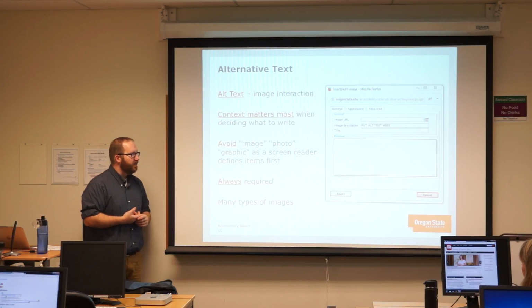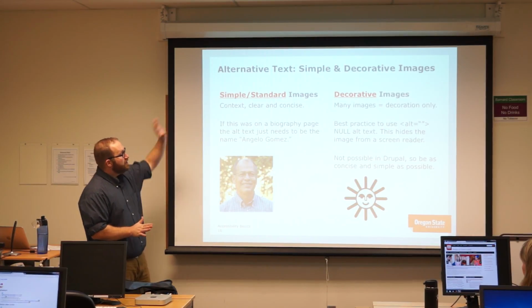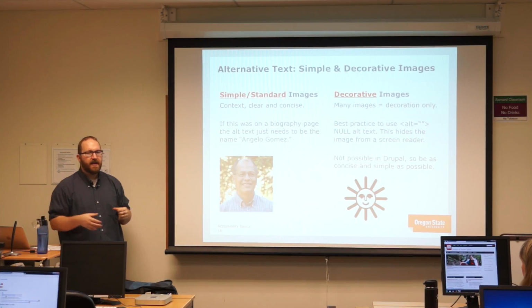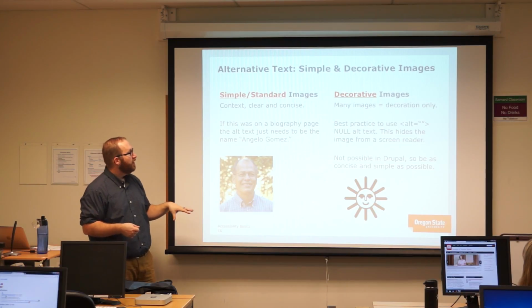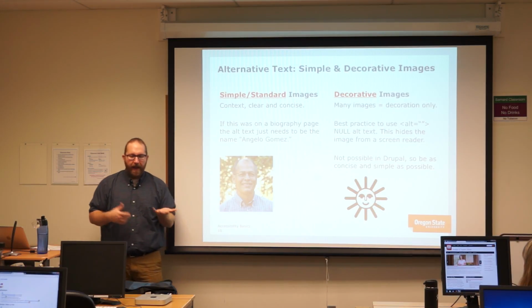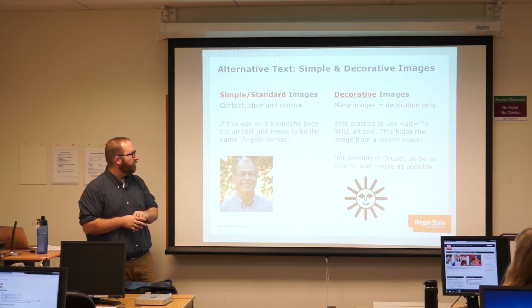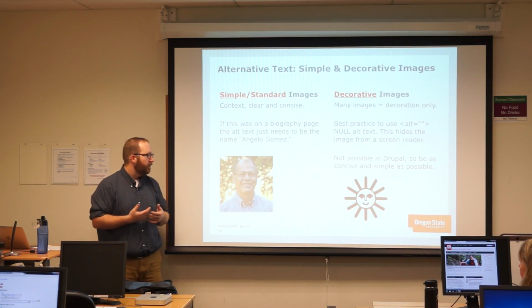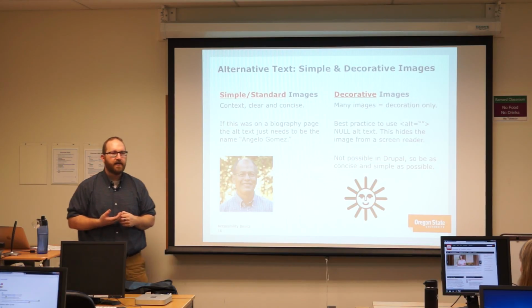I'm going to talk about different kinds of images too, and how this could be complicated. So simple images, just an image that you're using for the very simple intent of providing information without anything more complex. So the example here is if you have a biography page or a staff list page, and you're using an image of someone, all the alternative text really should be is just the person's name. It doesn't need to be portrait of Angelo Gomez wearing a button shirt with a nice sunny blurry backlit